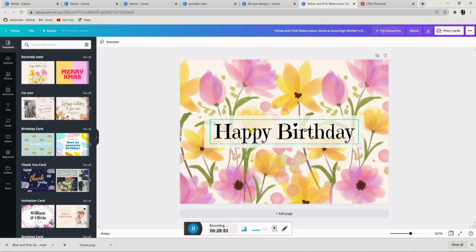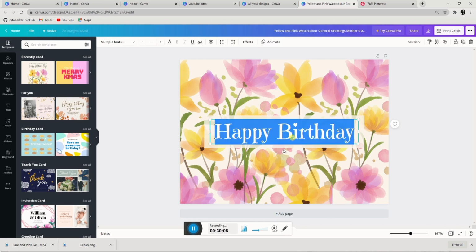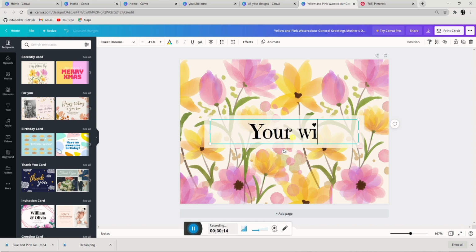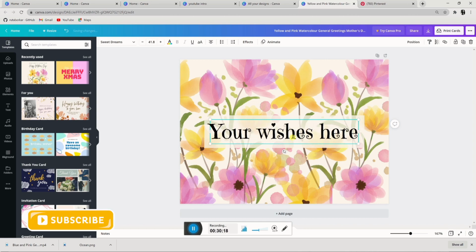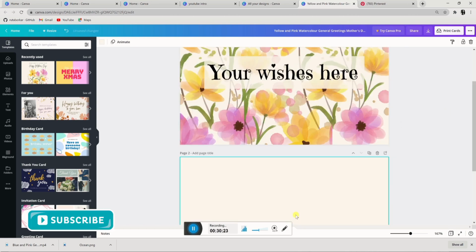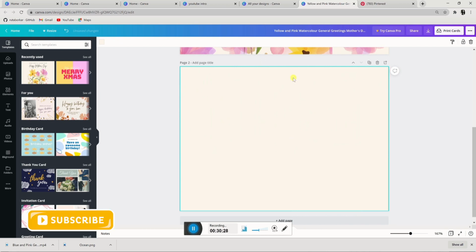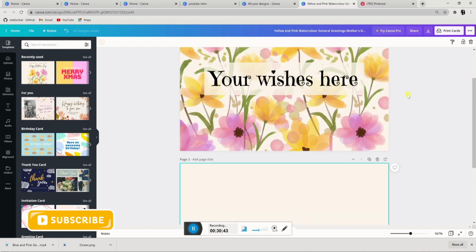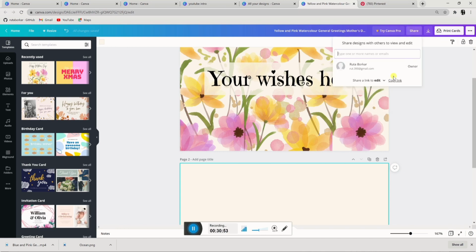Here is one of the designs that I have recently made, and these are watercolor florals, and I will just give here a placeholder where any person can put any message that they want. This is basically a greeting card template. It has 2 pages, and one can make an A4 or an A5 size greeting card out of it.